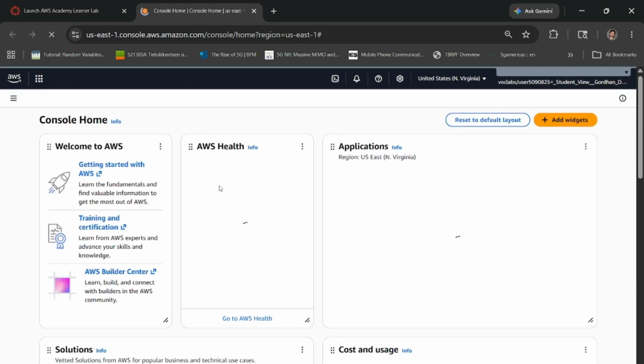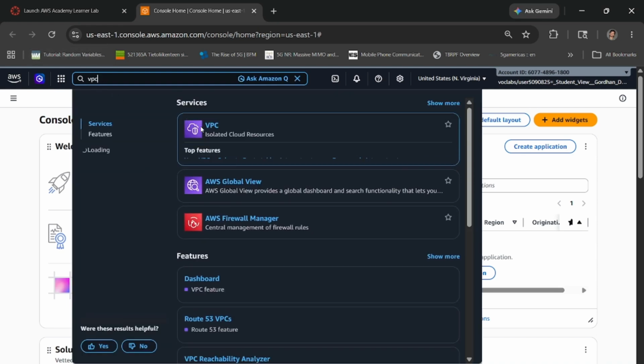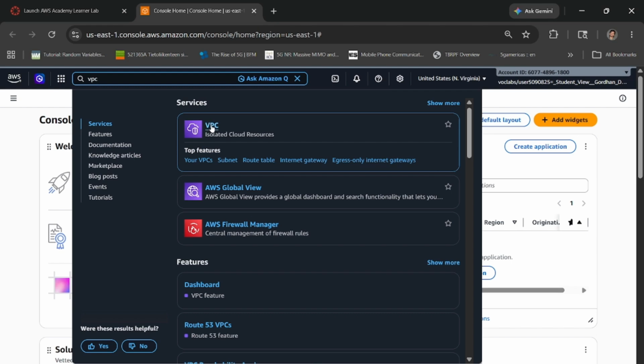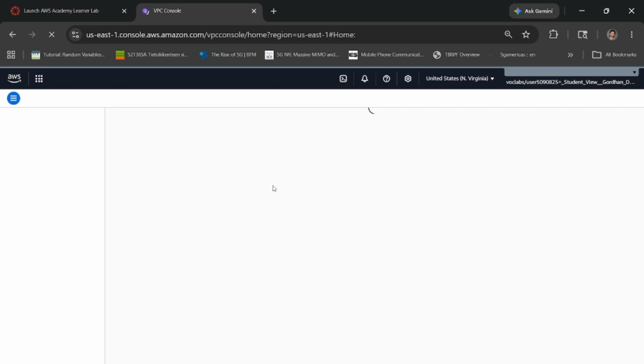Now I will have the AWS Management Console here, and the first task which we are going to perform is to create a VPC. To create a VPC, you see here we have the search bar. I will type VPC. Now you can see VPC is shown here. This is one of the services which we are going to launch, VPC, and that stands for Virtual Private Cloud. We click there,